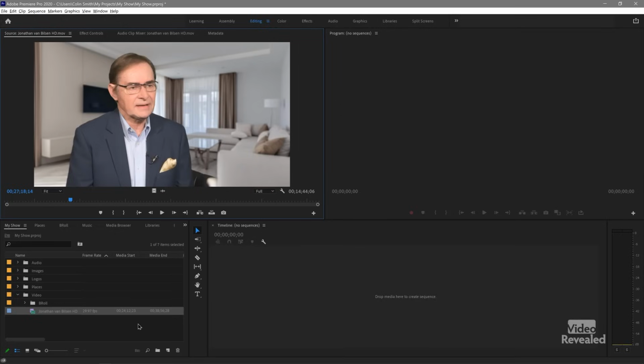And this is the next important thing, and that's making sequences or timelines. It's the same thing. A sequence has a specific setting of a frame size, a frame rate, and audio settings. And it's up to you to pick the correct setting that you need. What I always do is I'll create a sequence that's based on the output. So if I know that I want to go to 29.97 or 25 frames a second, I'll make a sequence